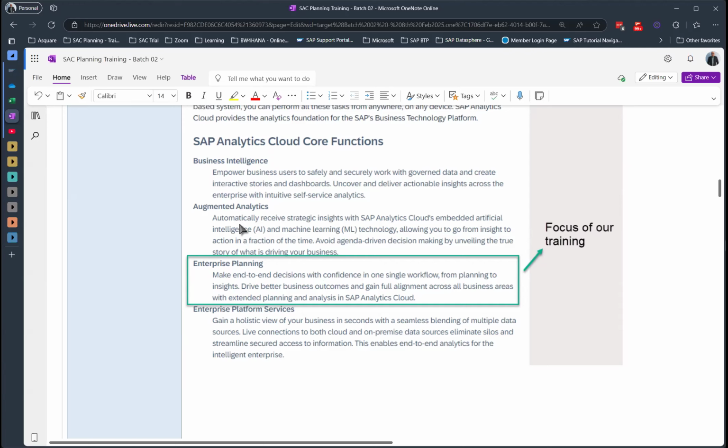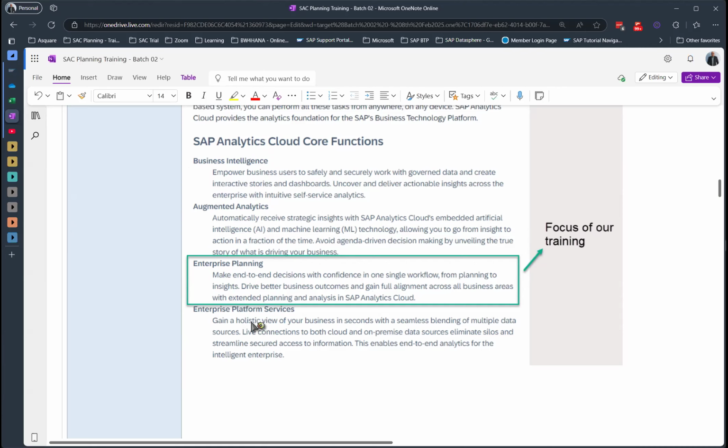It also has advanced features. Advanced features are called augmented analytics. Okay. That is where your AI, machine learning, advanced predictive algorithms, Compass, Monte Carlo simulation, and so on and so forth will come into the picture. That is what the umbrella term is, augmented analytics. So BI is reporting, enterprise planning, augmented analytics, and platform as a service. You can ignore that. That really will confuse you.